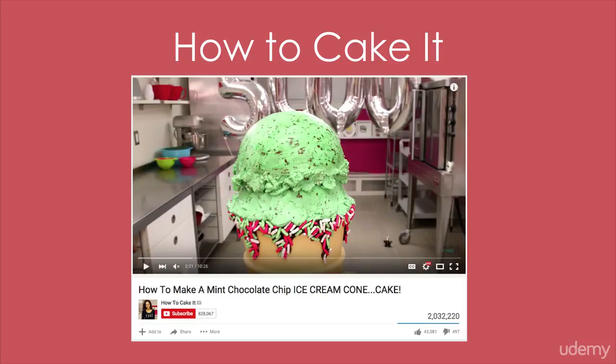sustainable and very discoverable. So with sustainability, cakes are made the same way that they have always been made, with the same ingredients. Now, of course, this is a new take on creating a cake in a different way, but the ingredients and the way you make this cake will be the same now as it is in 5 or 10 years. So someone who wants to make a mint chocolate chip ice cream cone cake can use this video today, and they could also use this video in 5 or 10 years. And that's what it means to be evergreen.